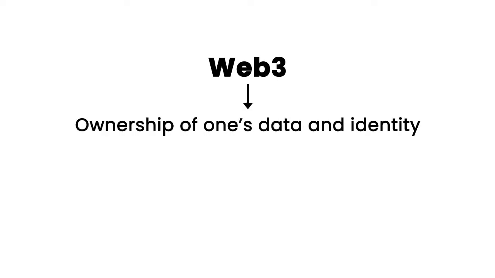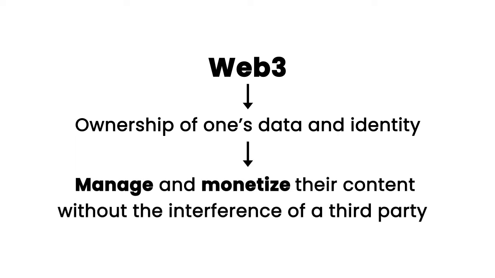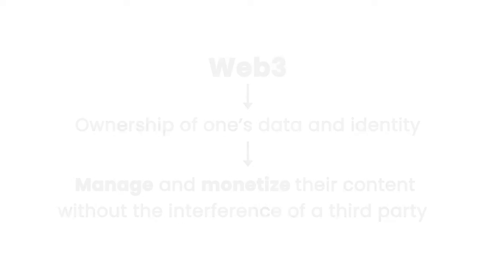Web3 is a user-centric vision of the World Wide Web that adds blockchain technology to the back end of the existing internet to create an open, trustless, and decentralized network. The core promise of Web3 is the ownership of one's data and identity, which allows users to manage and monetize their content without the interference of a third party, and also to engage with decentralized organizations, applications, and marketplaces through